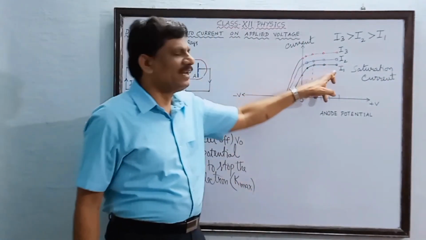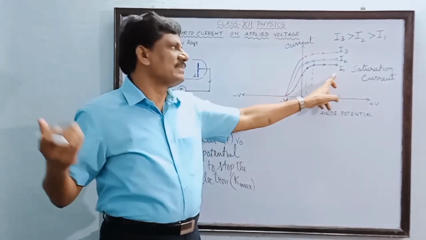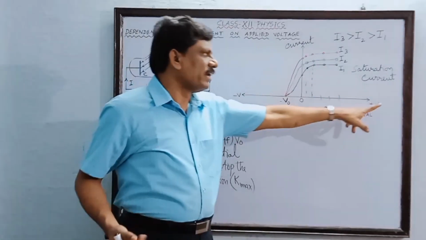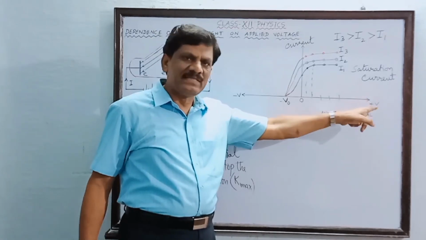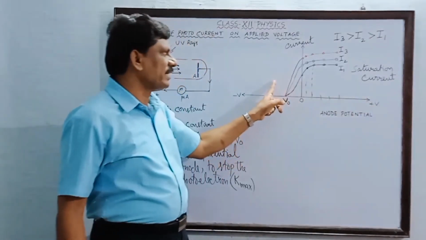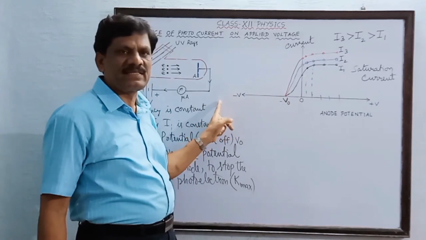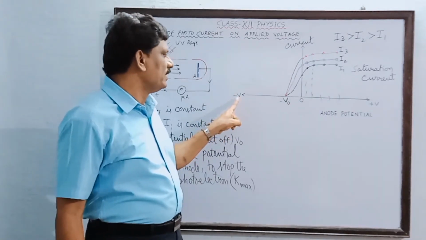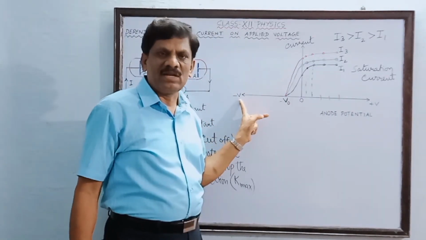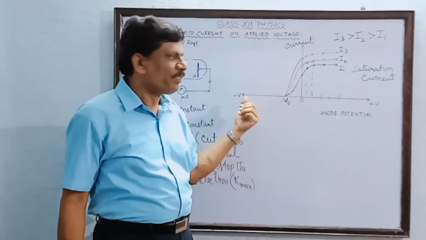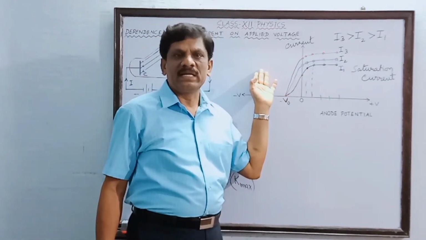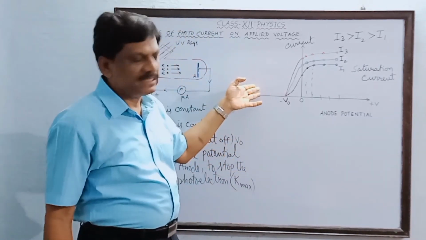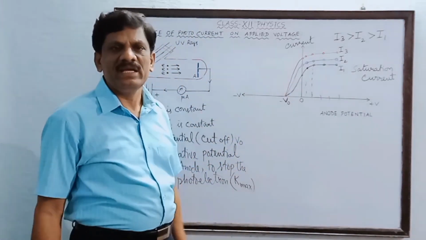Then again I reverse the voltage in the negative axis. So on the right side, positive x-axis, positive potential applied to the anode is represented. Then on the second quadrant, that is on the negative axis, you see that negative voltage is represented along the negative x-axis. Okay, students, so both the first quadrant as well as the second quadrant are being utilized here. So the graph very clearly indicates